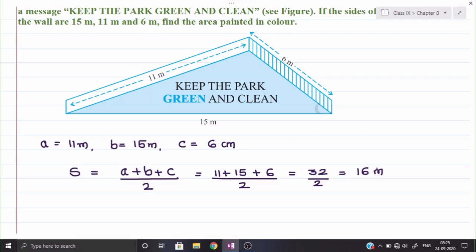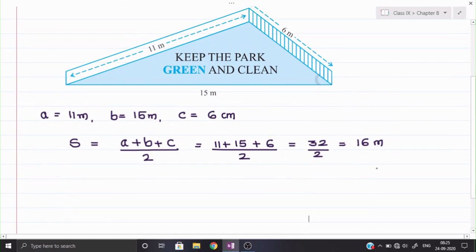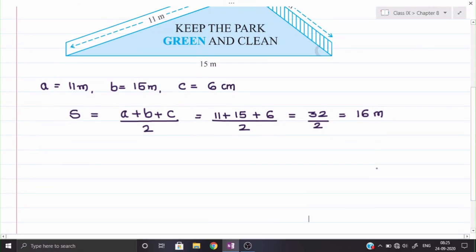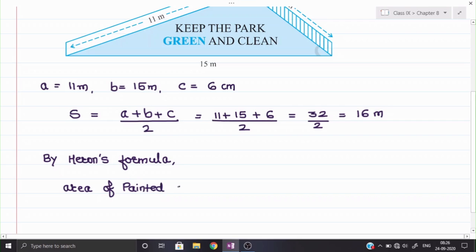So that thing you remember, it can't be lesser than or even equal to the sides of the triangle. Now we shall apply Heron's formula. So we will write down here Heron's formula, area of triangle. Here we shall write area of painted color, because in a triangular shape it has been painted. So area of painted color is equal to under root of, now this is Heron's formula